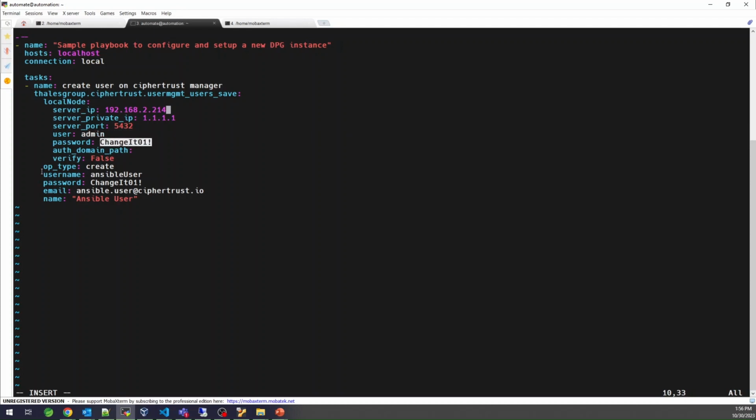This is my password. So what I'm going to do is I'm going to run an operation which is of type create, and you can find more details around this. I will share the link to the documentation of the Ansible collection, so you can see what each of these parameters mean. But what I'm going to do is I'm going to create a user with username Ansible user with this password, a dummy email, and a name, and of course the credentials to connect to the CipherTrust Manager instance. So with this,